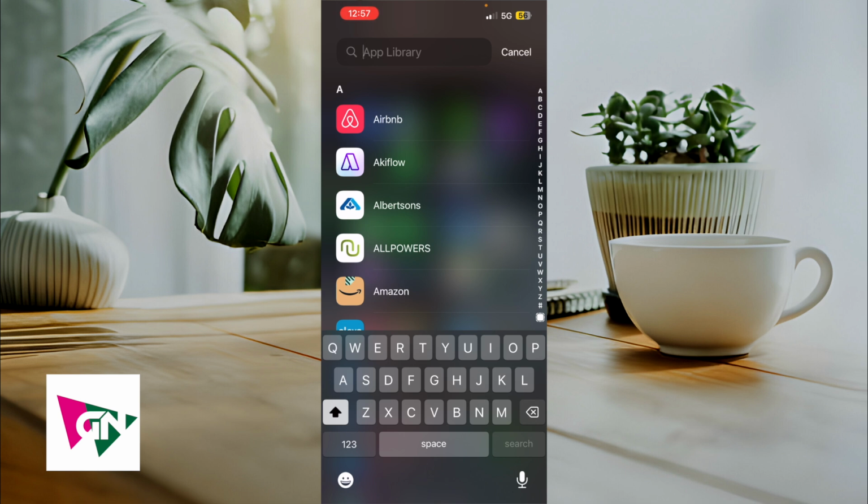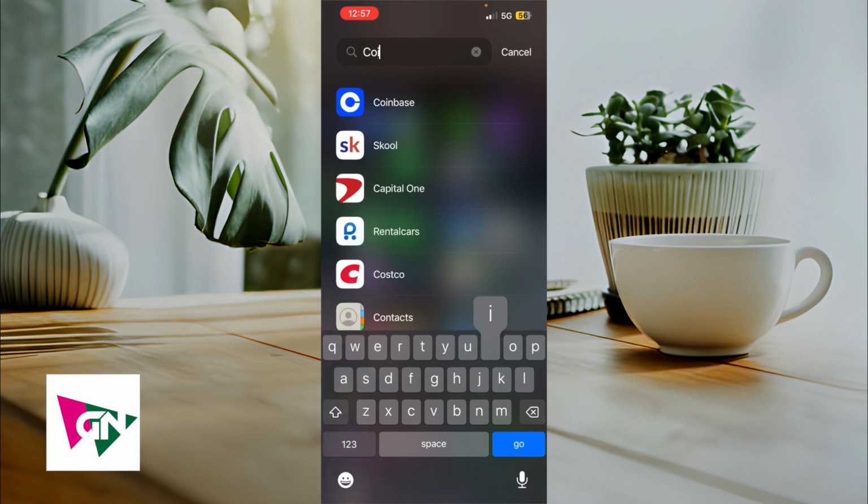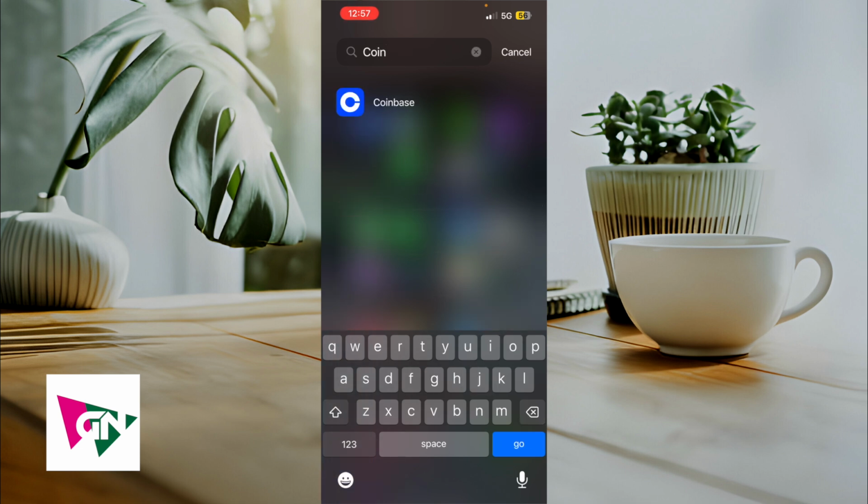Now the app that we're going to be using in order to buy Bitcoin easily is this app called Coinbase. So Coinbase, as you can see, is this blue and white app,